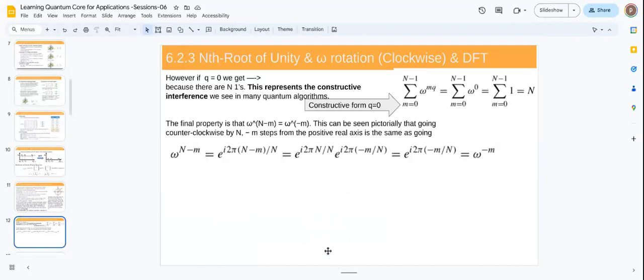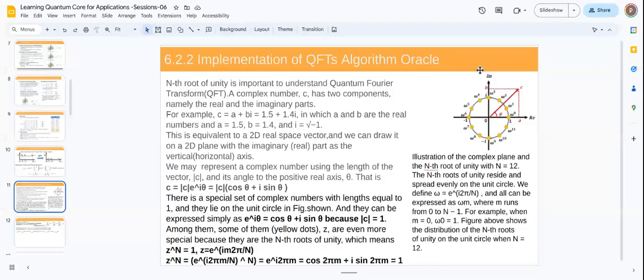Because of that, if it is constructive, then you get one for each one of them, because at the end of it, it's a quantum QFT, not DFT. In DFT you may have different magnitudes, but in quantum we always have the probability being unity. We always get one. So if you add 1 from 0 to n minus 1, then you get n. So by constructive you can get n. By destructive, that is if q is not equal to 0, example omega to the mq, m is the angle. You can see that m we represented, m is 0, 1 to n minus 1,